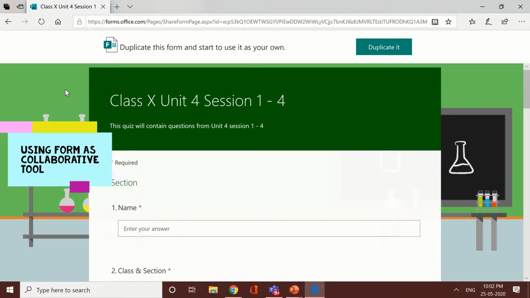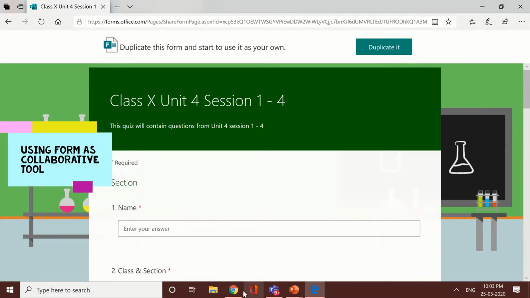The benefit of this is teachers can collaborate upon one form. At the same time, they will have individual response sheet of their own class. So this is surely going to improve the performance. At the same time, work collaboration will reduce the workload of the teacher.